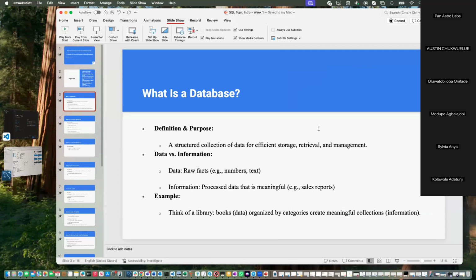With a database, it helps us structure our collection of data for efficient storage, retrieval and management. Like I said, in a very simple statement, a database is a system to store, organize, and manage